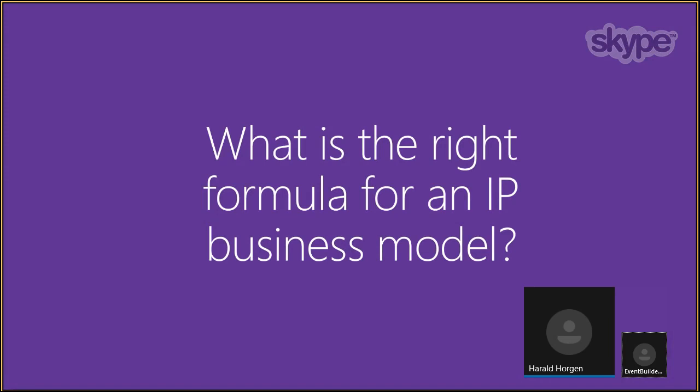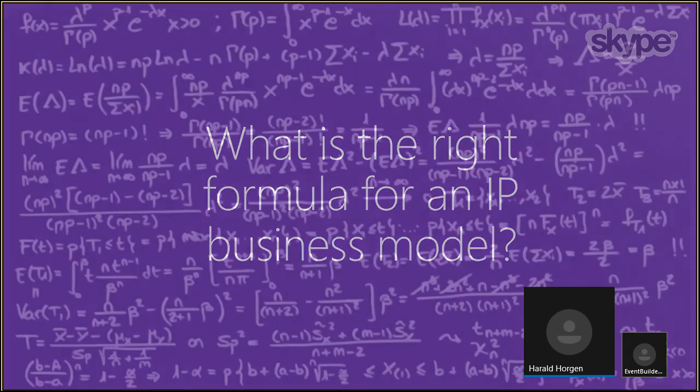So this is a question that we've received from Microsoft and Microsoft partners. This goes back 6 or 7 years ago. And Microsoft said, your group, you're dealing with a lot of ISVs. You're seeing the business model transformation that they're going through. Is there a formula that we can provide to our partners? Can we reduce all of this to a simple, elegant, easy to remember formula? And we put a lot of effort into that, and we've come up with the formula on this next screen. And the formula is,